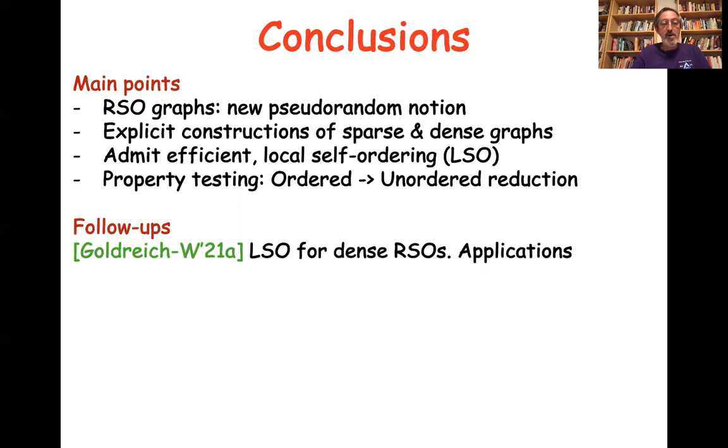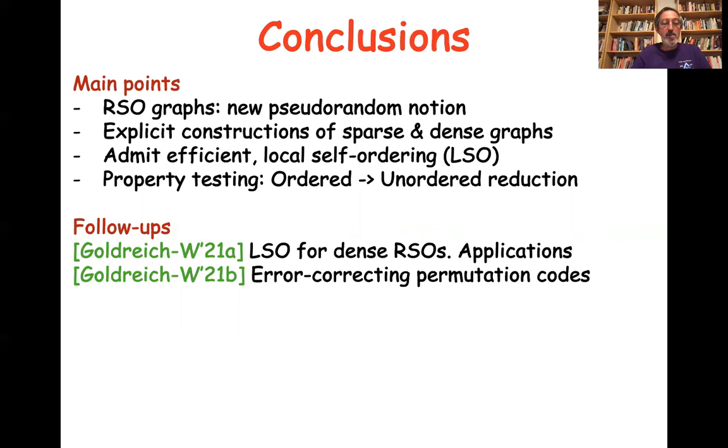So some follow-up works. I mentioned that in a follow-up work, we managed to build local self-ordering procedures for the dense case, and we have more applications of this to property testing. In another construction that I didn't tell you about, brought up this connection, and we wrote a different paper. So RSO is connected to another pseudo-random object, to error-correcting codes, in this case to permutation codes. They were studied, but